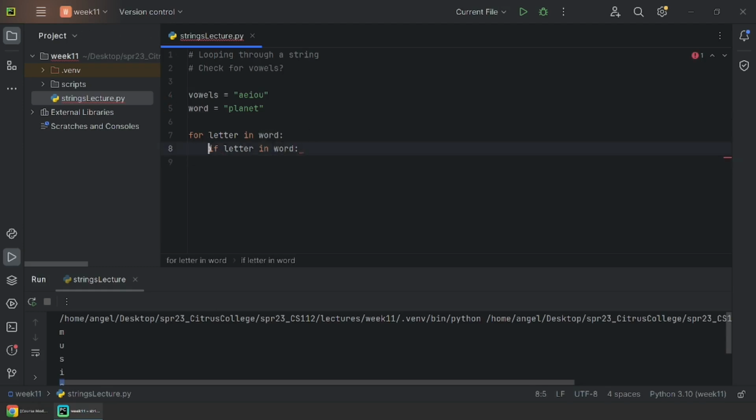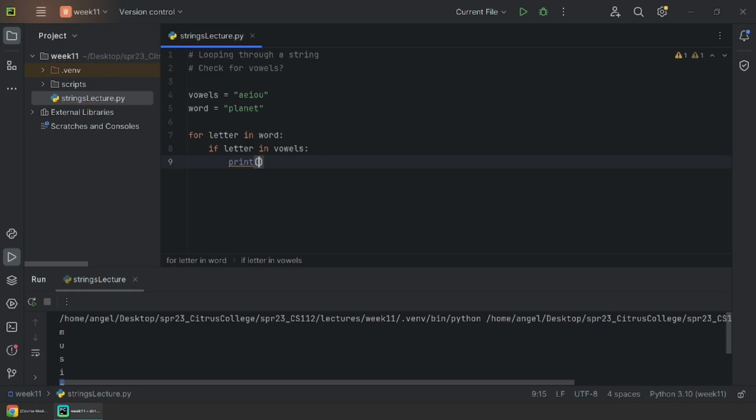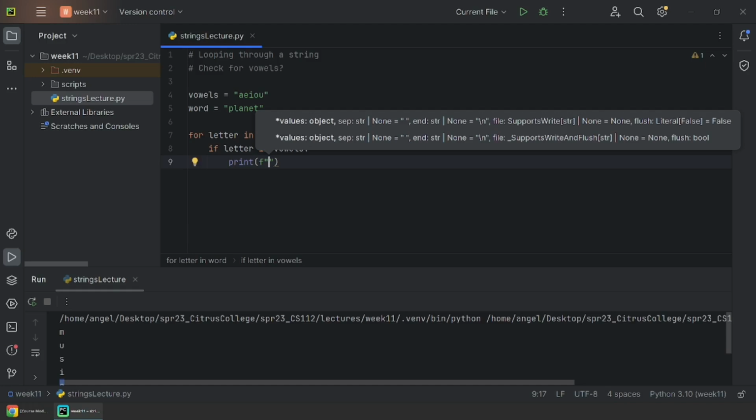This next line is a conditional statement, and it's saying if the current letter that we're on while we're iterating through the word planet is in vowels, so if the letter matches anything within the string A-E-I-O-U, then we're going to use an F string. We did talk about this in the last module. We'll say letter